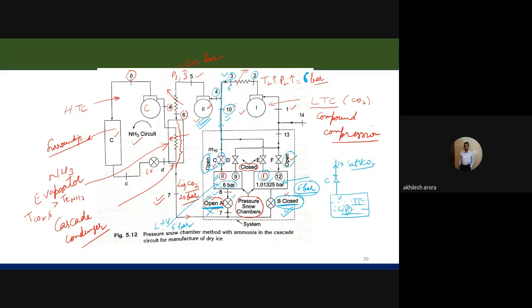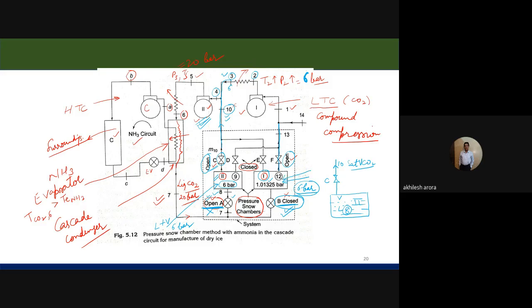ट्रिपल पॉइंट लाइन से नीचे जाने की वजह से अब the CO2 will be existing in snow chamber 1 in two phases. One will be the solid phase and other will be the gaseous phase. तो जो यहाँ पे इस स्नो चैम्बर में गैस बनेगी CO2 की, वो क्योंकि वॉल्व F ओपन है, यहाँ से सीधा यहाँ पे जाएगी 13 पे, और जो भी सॉलिड कार्बन डाइऑक्साइड यहाँ पे प्रोड्यूस हुई है स्नो चैम्बर 1 में,